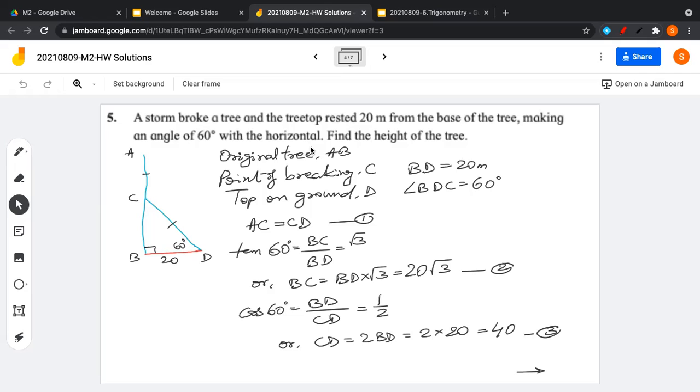So if this question is say for 3 marks or 4 marks, and if you at least draw the diagram and write what you have drawn, then you will get 1 mark. You will not get a 0. Please ensure that for all the word questions, you don't get a 0. Can we move to the next question, the last question?